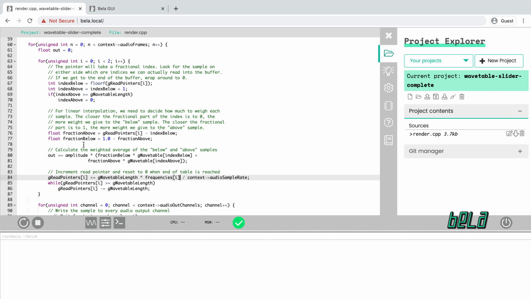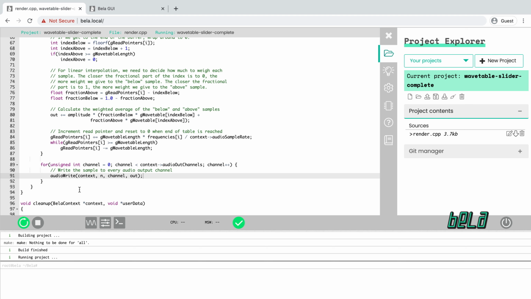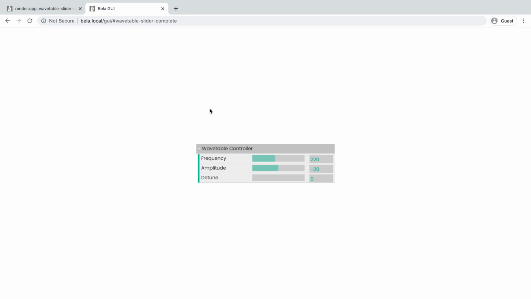We had to move this value outside of the for loop so that it persisted beyond the end of the for loop, and what we're doing is we're starting it at a value of 0, and then each iteration through the for loop we're mixing in the value of that oscillator. Finally, we write the output to all of the audio channels. So if we run this code, we should see that we have largely the same thing, but implemented in a nicer way. Going over to the GUI,